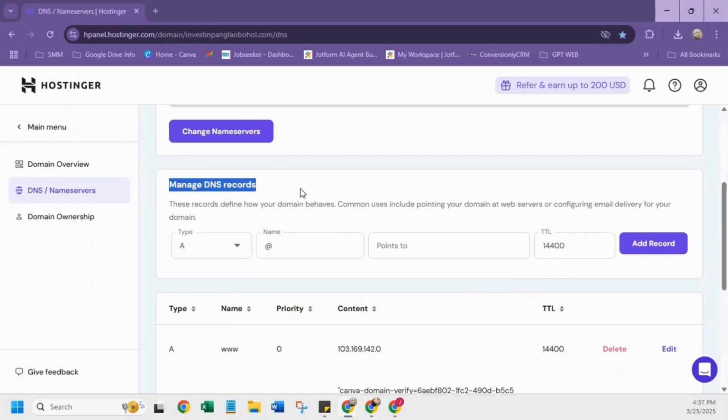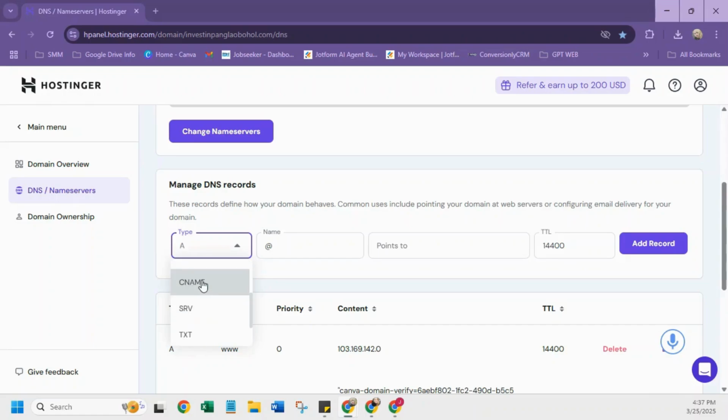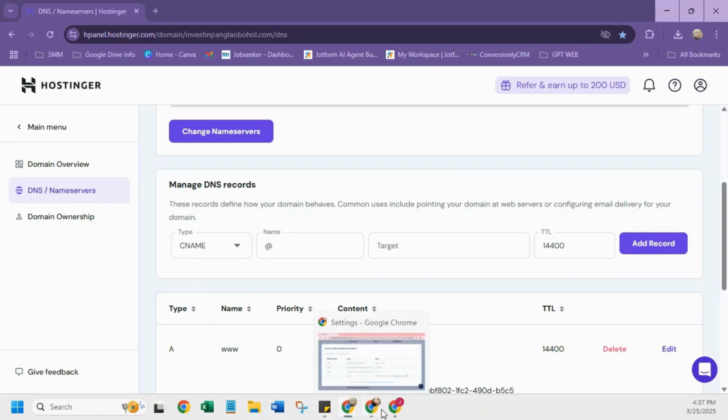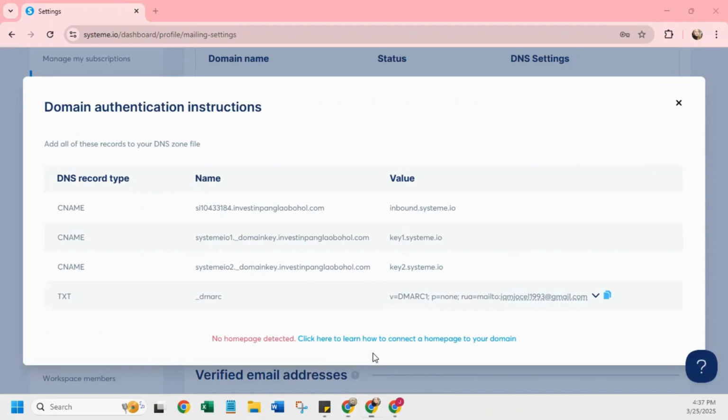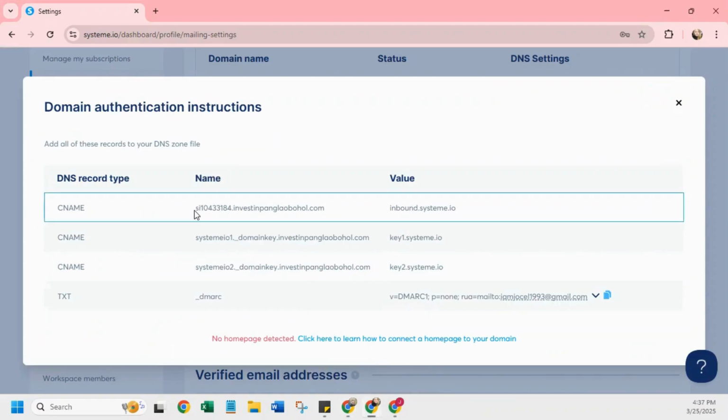So you really have to check where manage DNS records is. So here, under type, this is the first input that you choose, which on our end is CNAME. And then after CNAME, the name, which is this one,